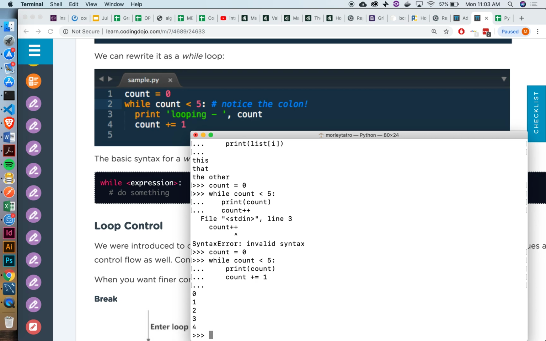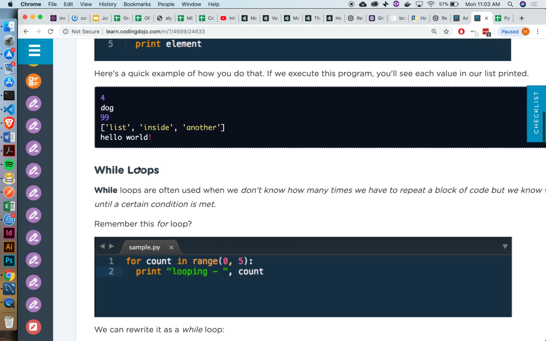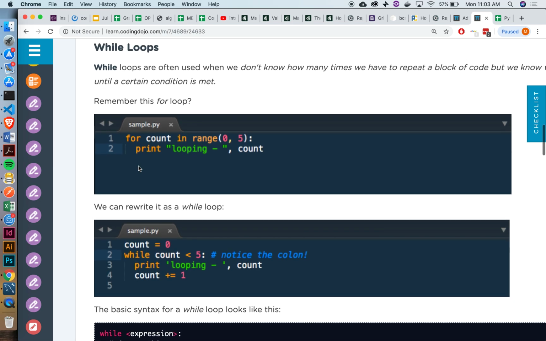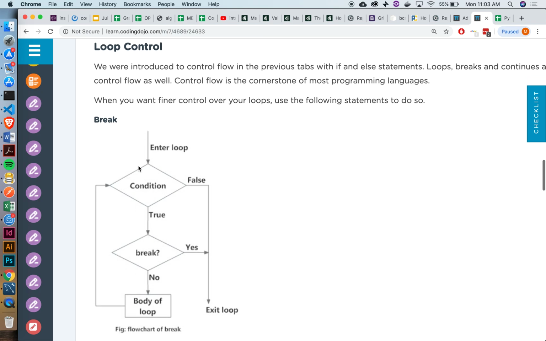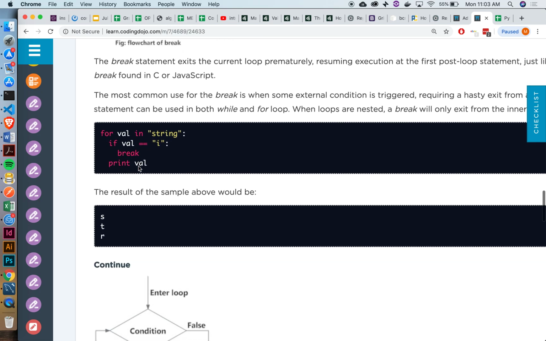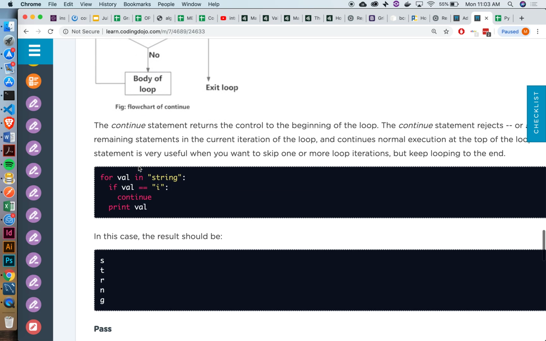And really a for loop is essentially just a specialized case of a while loop. That's all it is. Because in a for loop, we're doing something while a condition is met. And then here's a little diagram about loop control. You guys can kind of read over that. In the meantime,